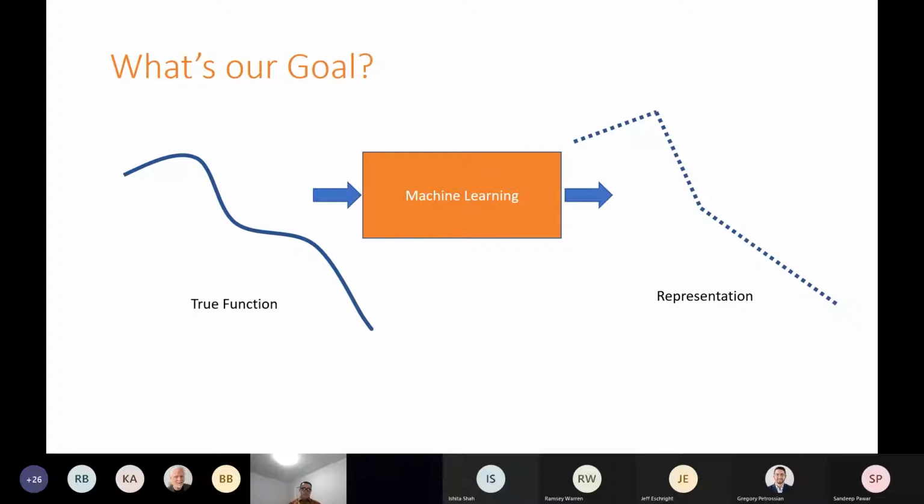And if you see the difference between the two, the true function is a nice smooth line, and the representation is a dotted line with edges rather than smooth. The reason for that is we can never get to that true function, so there's always going to be some sort of an error. And that is what we are doing when we say we are developing this machine learning model. We create this representation of the true function, and then we assess